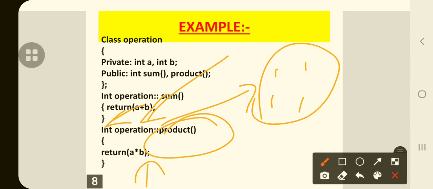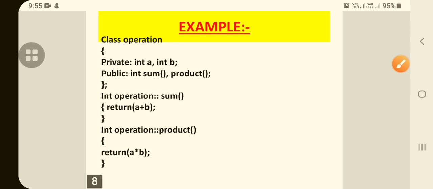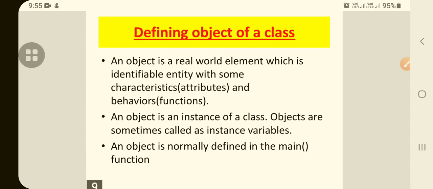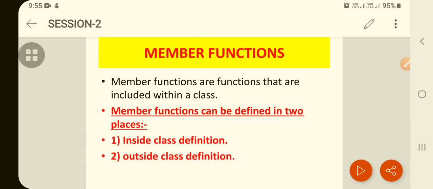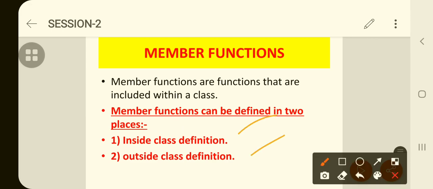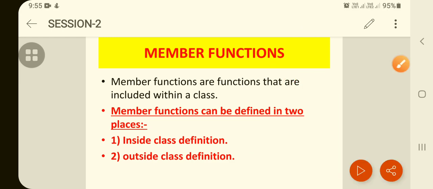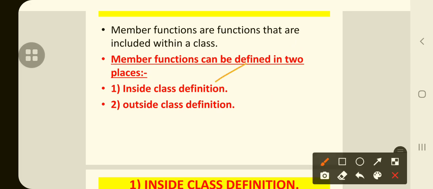Okay, so this is the example of how we can define a member function outside of the class. So this is how the member function can be accessed inside the class and outside the class. See, I will again repeat, member functions are the functions which are defined inside the class. So classes will have two things: one is data members, another one is member functions. Is it right? Inside the class, in the sense which is defined within the curly braces, that is inside the class definition.